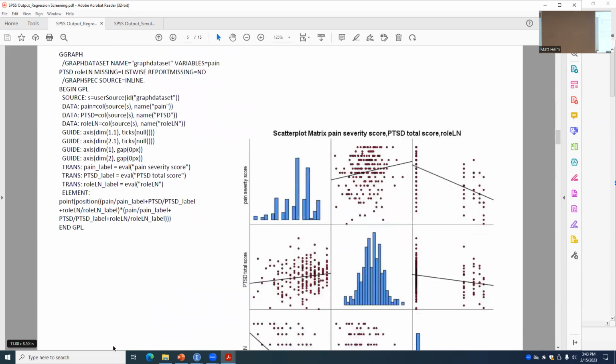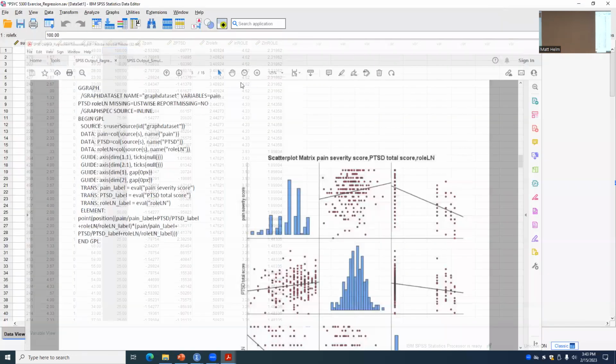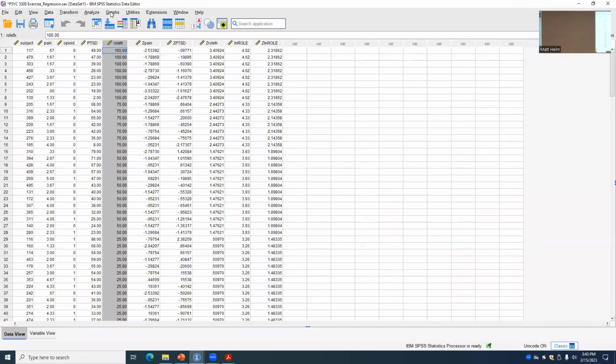Okay. So now what we want to do is take a look at our bivariate associations, okay? Now, in this case, we've got three predictors and an outcome, right? So there's not too much to go through, but as my models get bigger and bigger and I have more predictors, all of a sudden it starts to get a little bit less manageable. So to kind of simplify things,